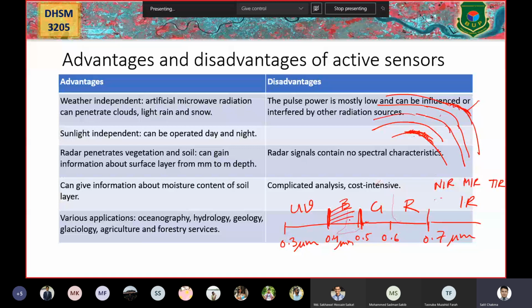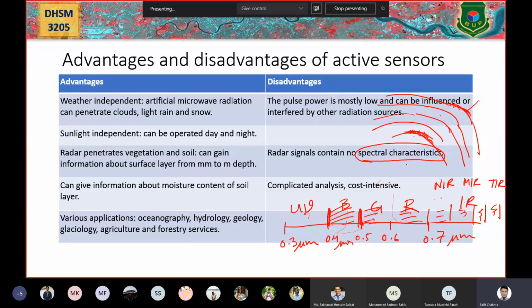সো দিস ইজ কল্ড ব্যান্ড ওয়ান, দিস ইজ ব্লু ব্যান্ড, দিস ইজ গ্রিন ব্যান্ড, দিস ইজ রেড ব্যান্ড। ওকে, দেন দিস ইজ নিয়ার ইনফ্রারেড ব্যান্ড, this is middle infrared 1 band, this is middle infrared 2 band, this is thermal band 1, then thermal band 2, this is UV band 1. So এই যে ব্যান্ড বলছি, এই যে ওয়েভলেংথের একটা স্পেকট্রাম, এই জিনিসগুলোকে বলা হয় ব্যান্ড। ওকে, সো এই ব্যান্ডগুলাই হচ্ছে স্পেকট্রাল ক্যারেক্টারিস্টিক্স।